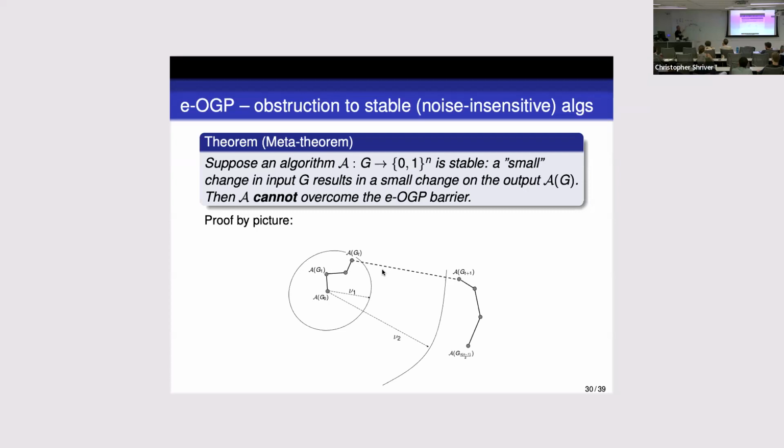It's like walking between one peak of the mountain and another peak of the mountain. This is not possible. There should have been a jump here. This is an extensive jump, an order n jump, as it turns out. It's all to be verified. And therefore, if the algorithm is stable, continuous, it cannot achieve that. And that's pretty much the whole idea of the entire proof. Let's try to use this proof to show the failure of Boolean circuits of whatever size and depth we can.